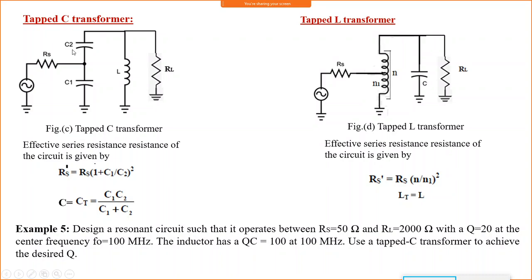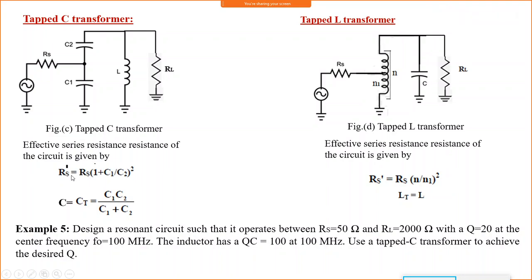After getting the L and C values, C is split. C is equal to C1 C2 divided by C1 plus C2, because the total C from the resonator design is actually in series. So if you connect like this, we have to take C1 C2 divided by C1 plus C2. Now the overall input impedance looks like one more resistance is added here, and that net resistance value is given by this equation.